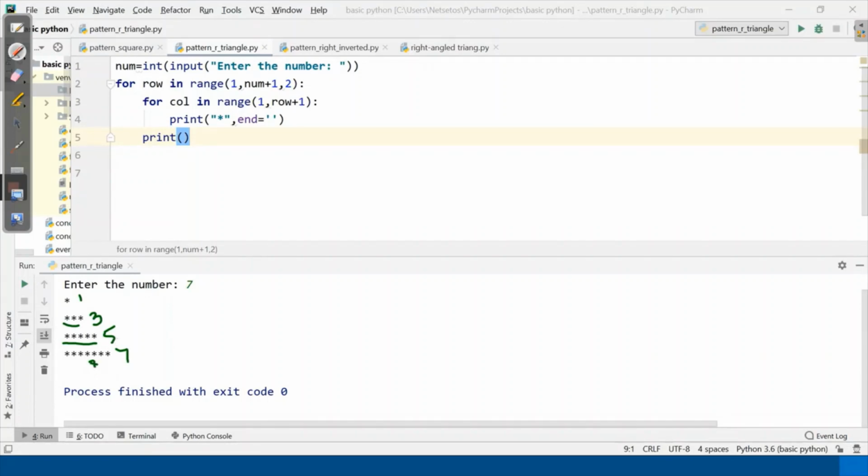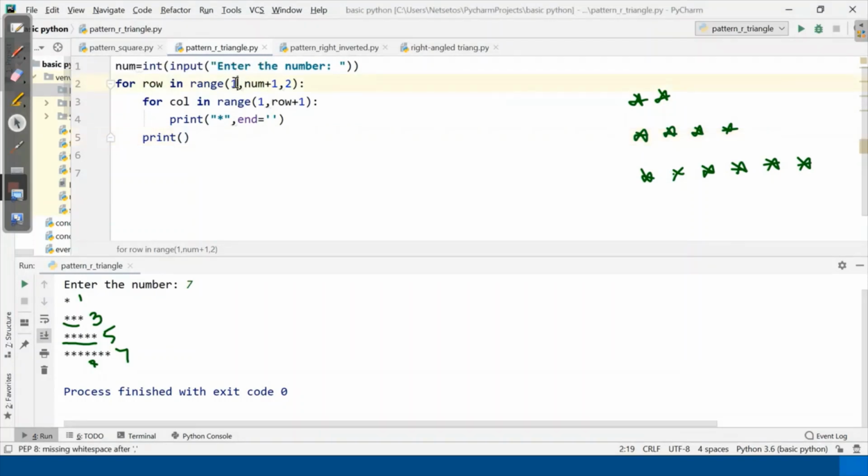So hopefully you understood this. Now, this is just an order of loop. We need to have loop control over here. Now, if I want to print 2 stars first, then 4 stars, then 6 stars, what should I do here? I should change this 2 to 1 to 2.